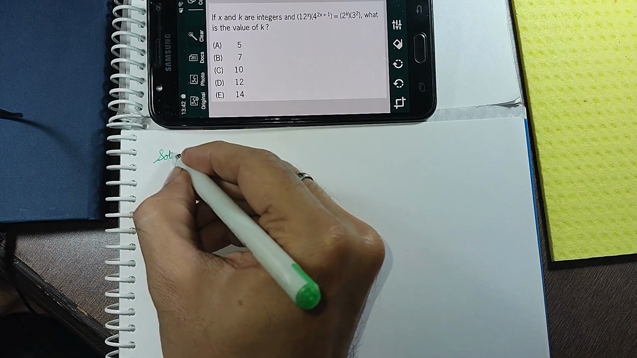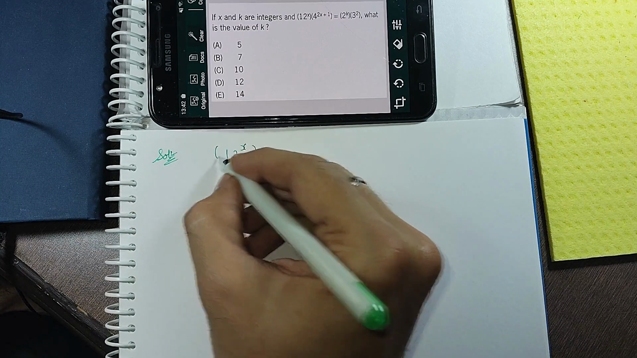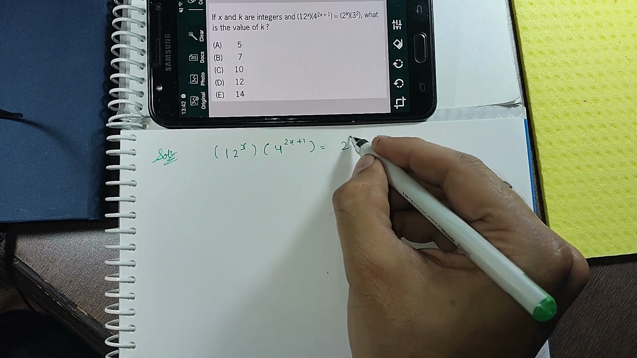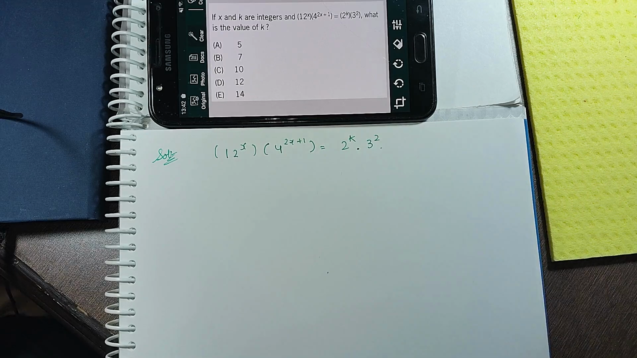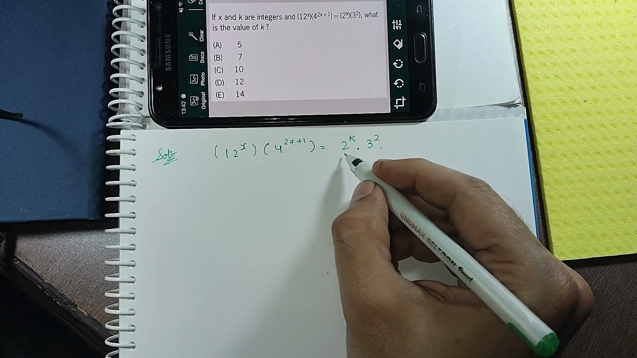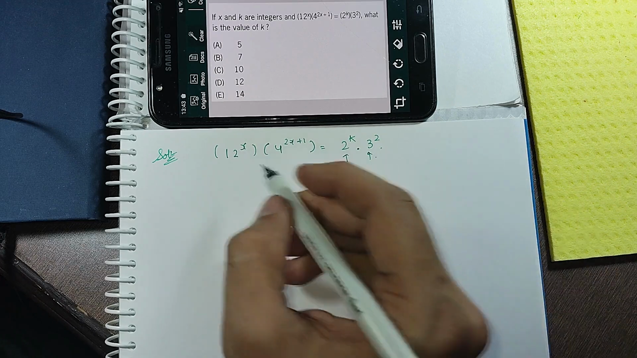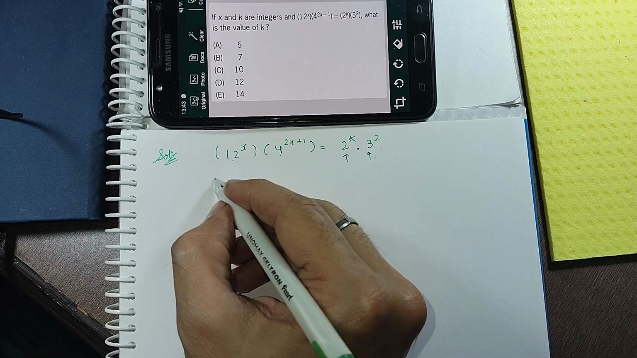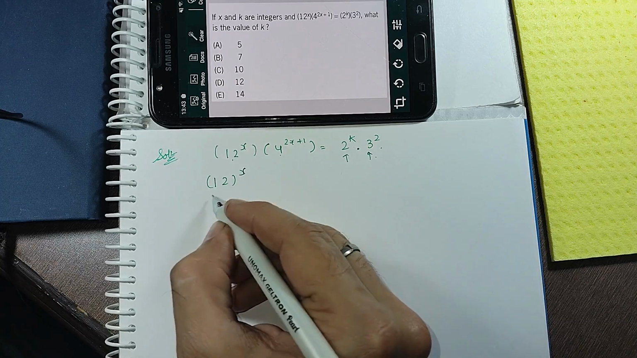Right? If x and k are integers and 12 raised to power x multiplied by 4 raised to power 2x plus 1 equals 2 raised to power k times 3 raised to power 2, what is the value of k? Now, since here these are in the basic form 2 and 3, we need to break 12 and 4 into the basic form. So I can write 12 raised to power x as